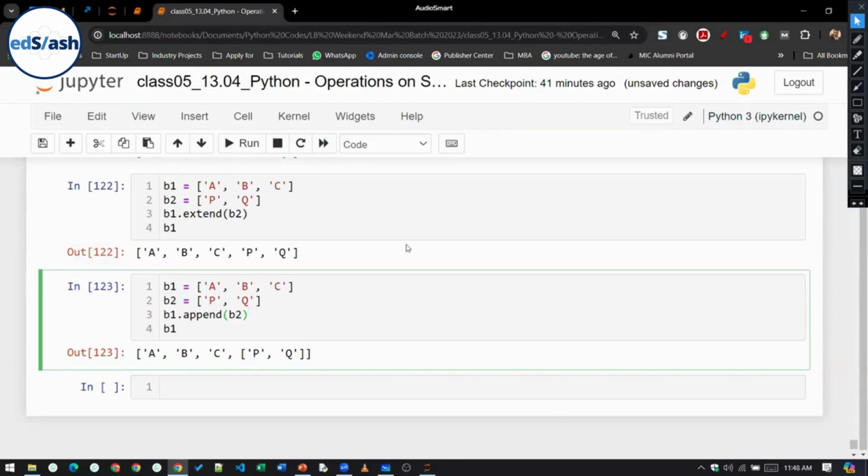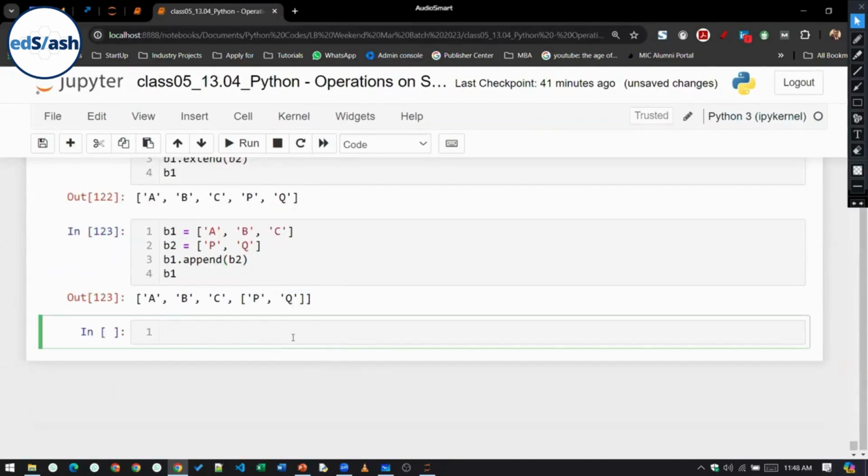Now someone asked me in the starting, when I was covering the input function, how to take a list of numbers as input from the user. How to take a list of numbers as input from the user. What you can do simply, class,